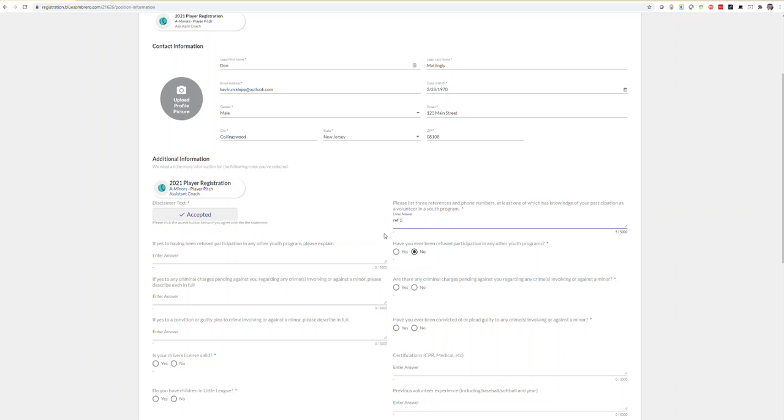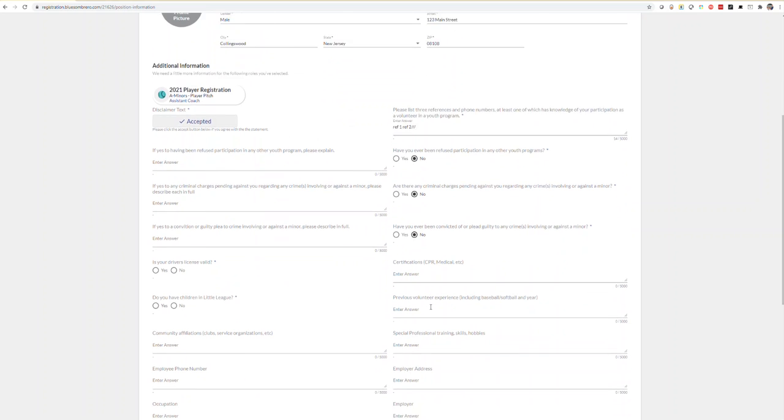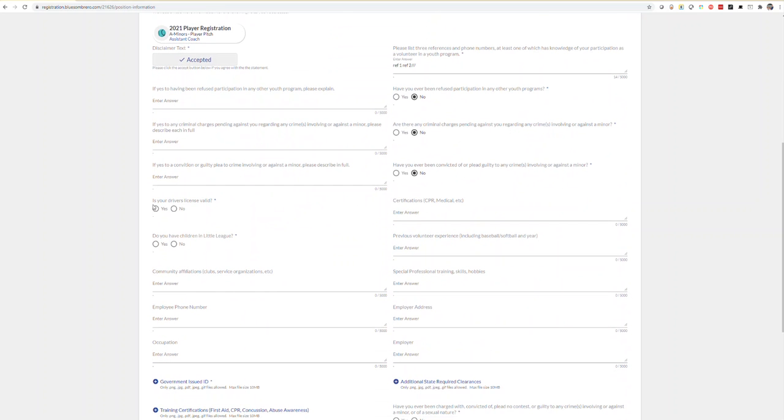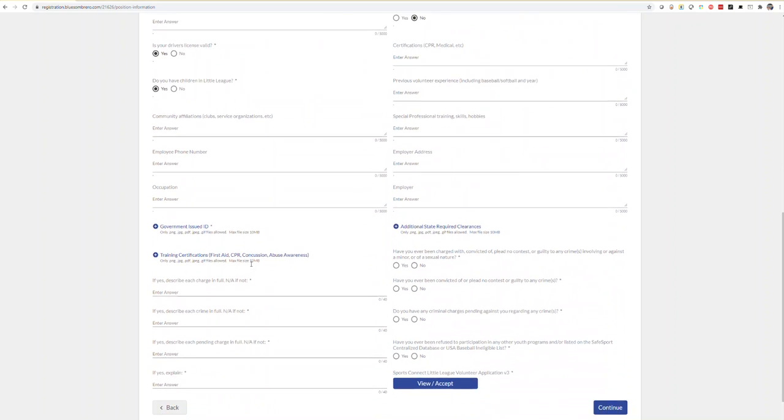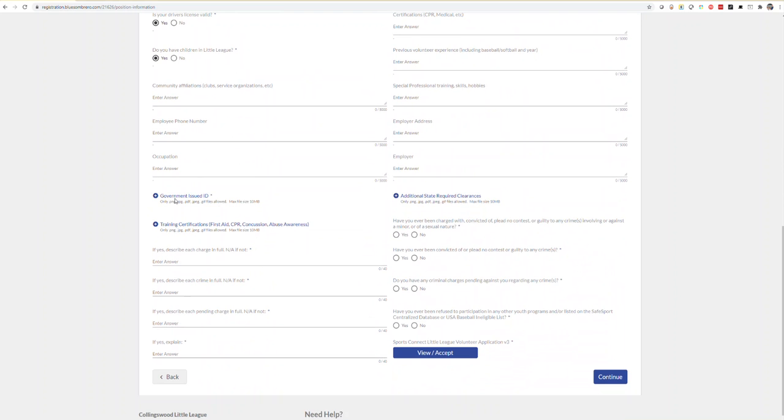For the references, please populate with legitimate information. And we're going to go ahead and just continue to answer these questions. You can also populate any certifications that you may have, driver's license being valid, have children in Little League. The next section, I'm going to skip over the government issued ID for a second,